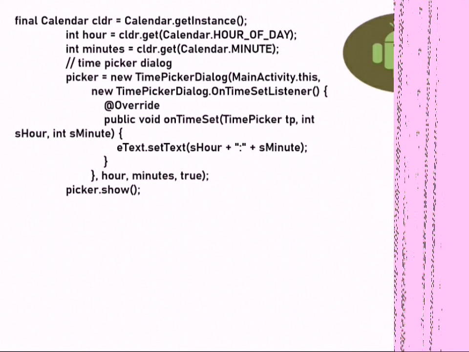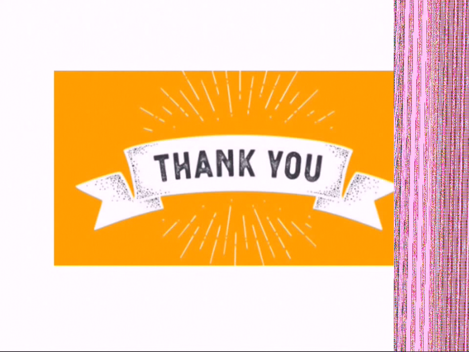After creating an instance, to put the time into the view, you should use the TimePickerDialog OnTimeSetListener, which will put the collected hour and minute into the user view. And finally, the show method will enable the prompt. So that's so important.